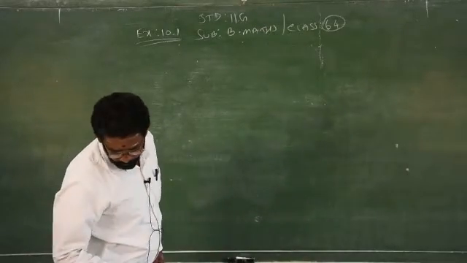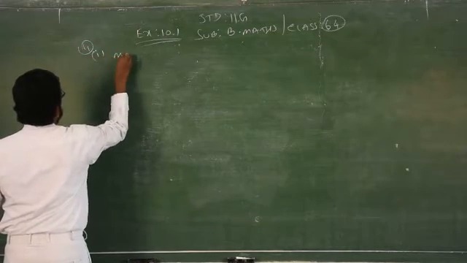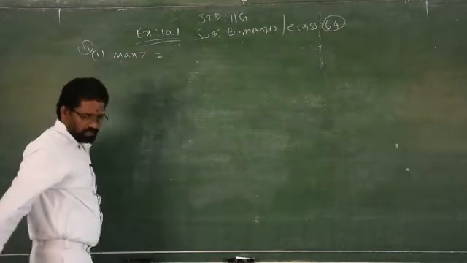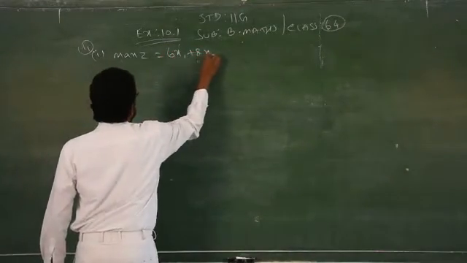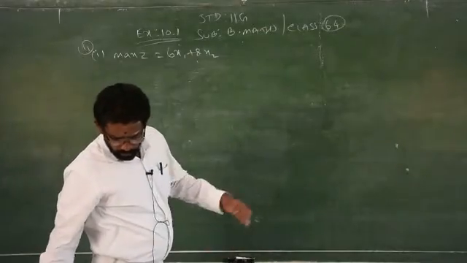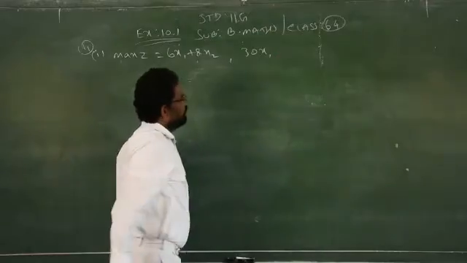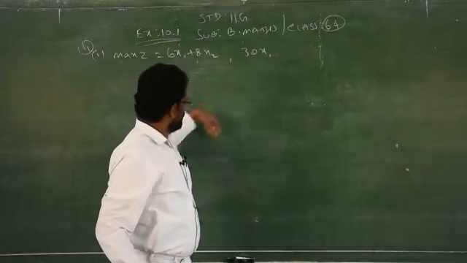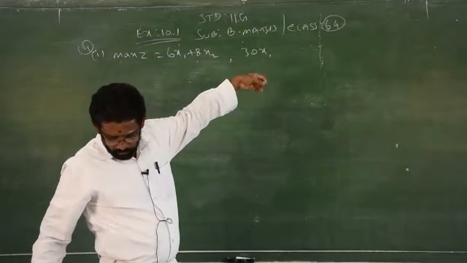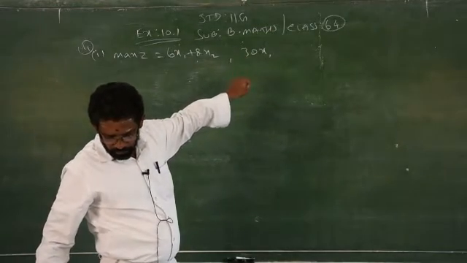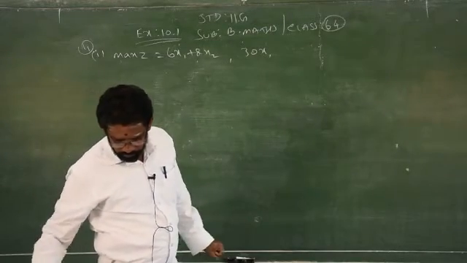Maximize Z. Question number 4, first subdivision: maximize Z, 6x1 plus 8x2. There are 3 equations given under the subject to constraints. These are the conditions. Compared to the previous one, we got inequality equations by using the conditions, so they brought that statement into equation format. Now you have to solve by the graphical method, using the graph sheet.